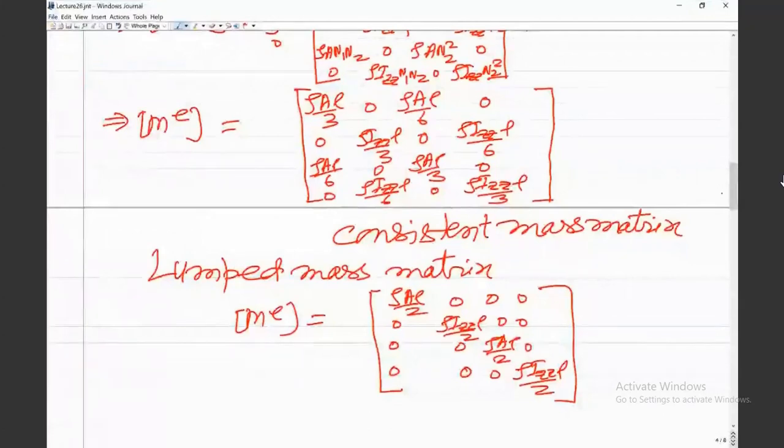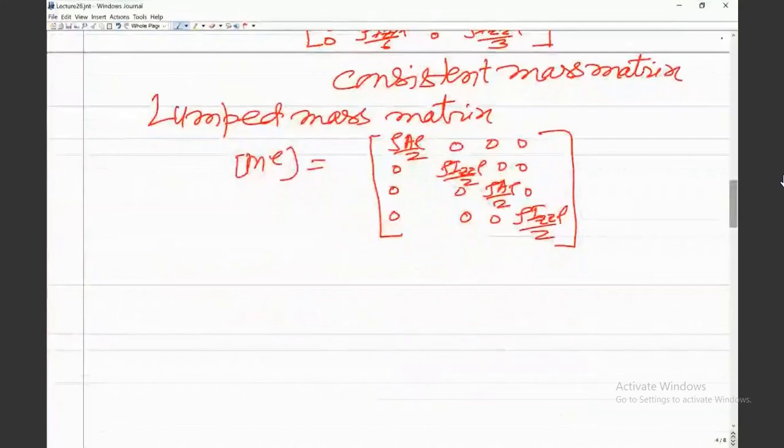So now let's say two more elements I want to discuss and then go ahead further. Similarly, suppose you have the plane stress and plane strain element. Of course, the element level equation of motion would be ME d double dot plus KE d equal to F external plus F internal. So that form is the same. You have to get the stiffness matrix for the element and use it for solving dynamics problems